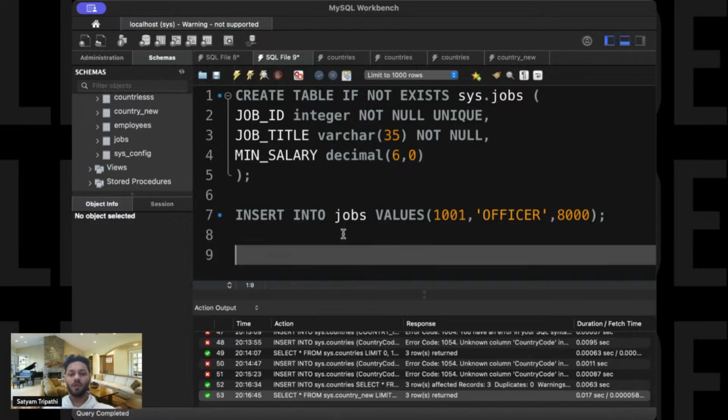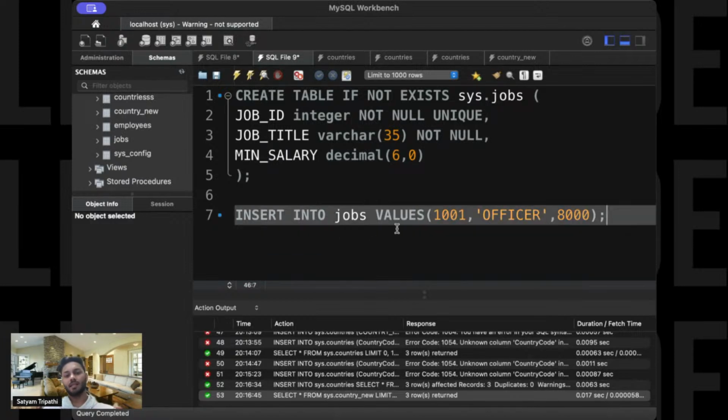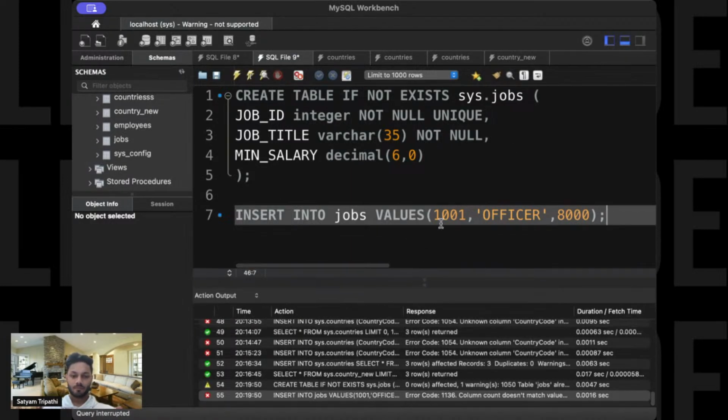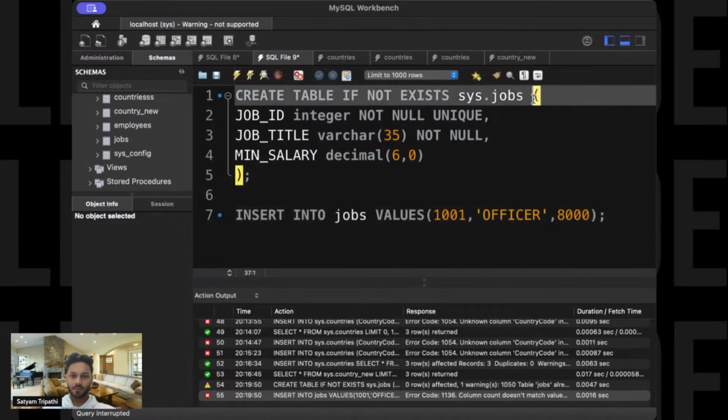And now what we are doing, we are simply inserting it: insert into jobs values the id, the name, and the particular salary. So if I simply run it, okay, sys jobs,